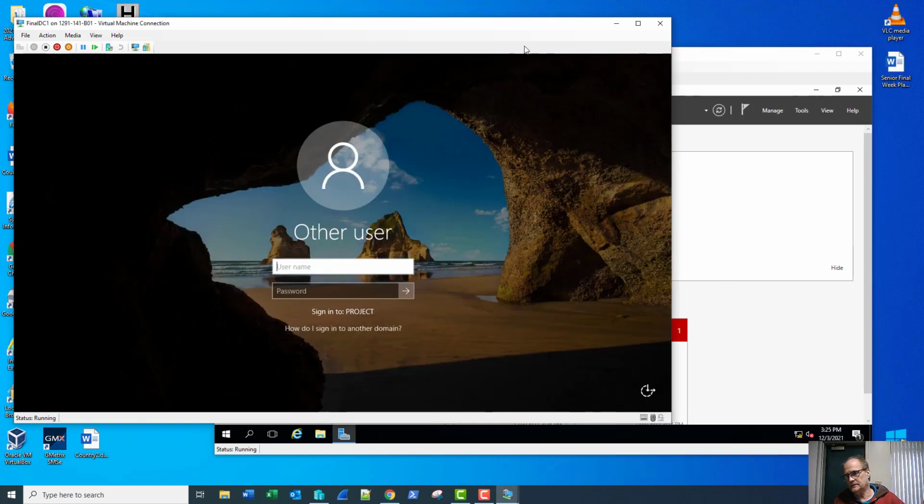Okay, took about 6-7 minutes for us to actually get up and running, but here we are. So we're going to go ahead and get logged in as administrator